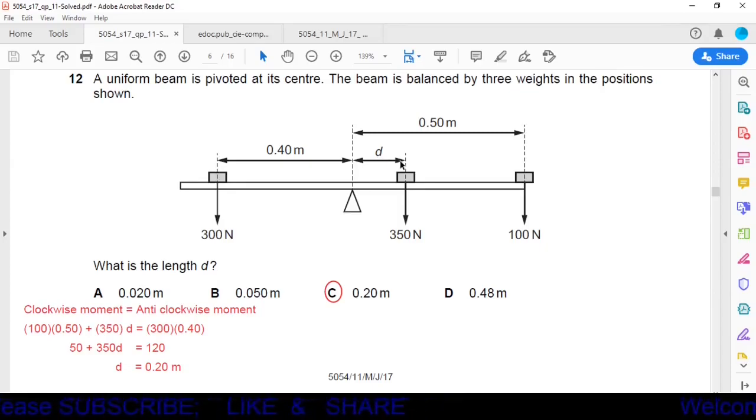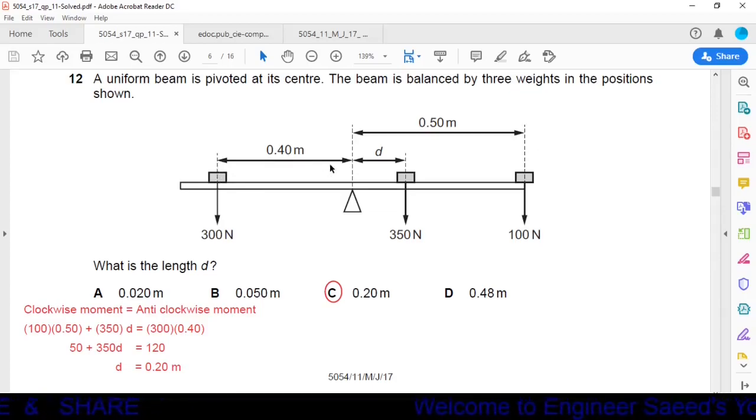Okay, the topic is related to the principle of moments. The principle of moments says that the clockwise moment is equal to the anti-clockwise moment. Now here, because of these two forces, the moment will be clockwise, and because of this force, the moment will be anti-clockwise. And moment is given as the product of force and force arm. What is meant by force arm? Force arm is the distance between the line of action of the force and the pivot. This length is called force arm or moment arm.